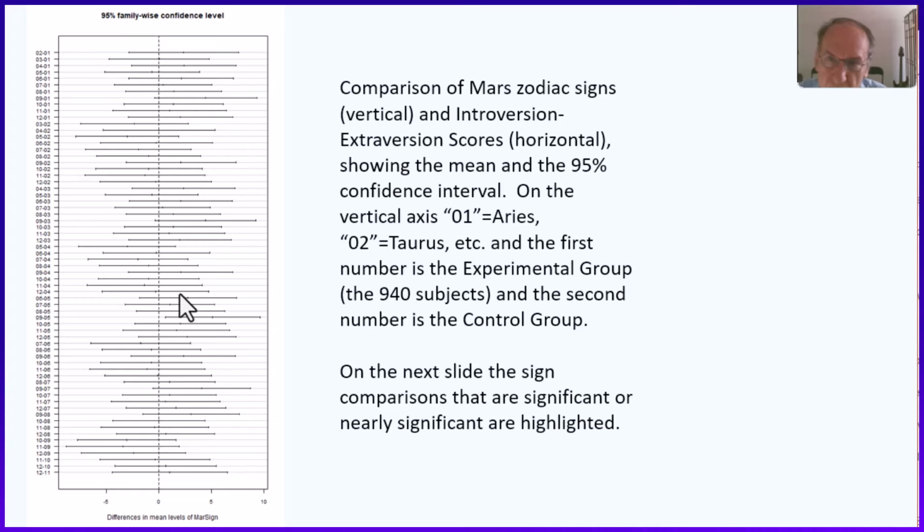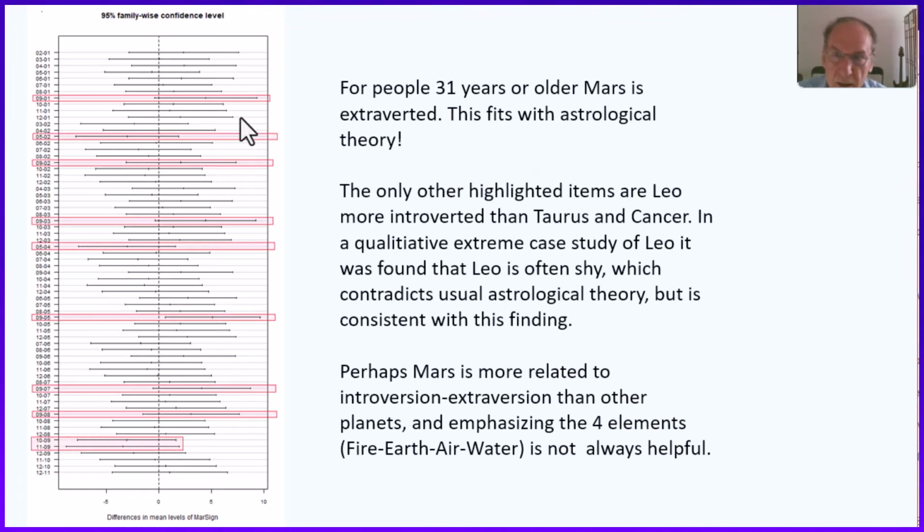But there are some that are statistically significant. Look at this one over here. If you can see my cursor. Well, I'll show you on the next slide. I highlight it. There they are. These are the ones that are either statistically significant at 0.05, 95% confidence level, or close to it. They're 95% if they don't cross this middle line. So this is Sagittarius to Aries. This is telling us that Mars in Sagittarius is more extroverted than Mars in Aries. Ooh, that's Sagittarius, the one that we thought, according to astrology theory, would be